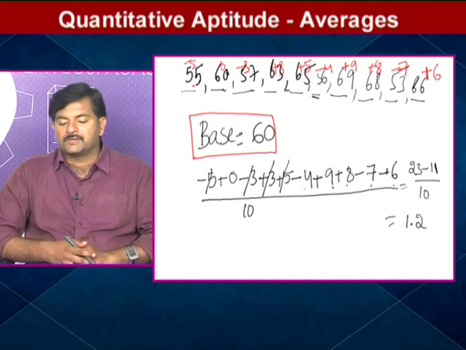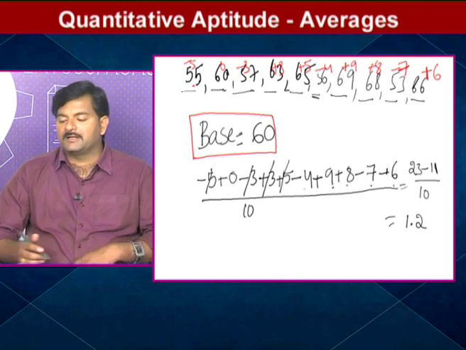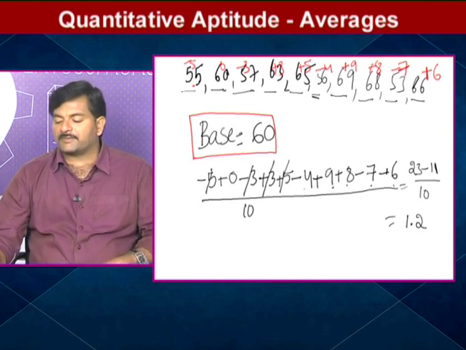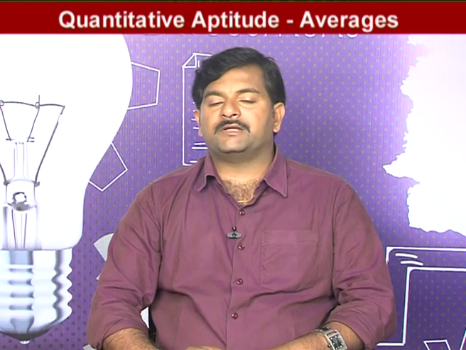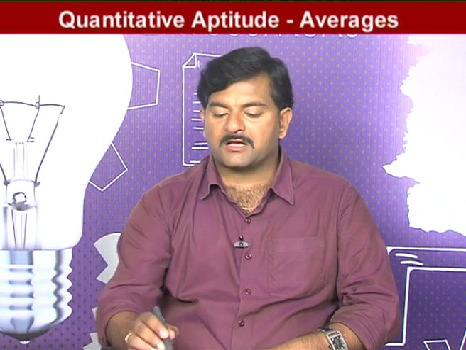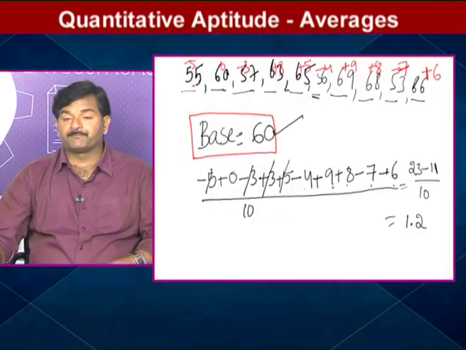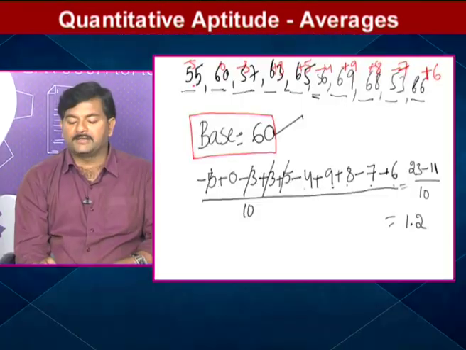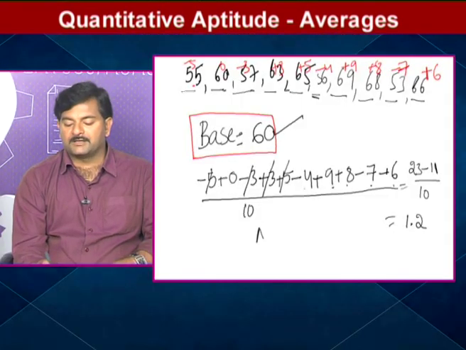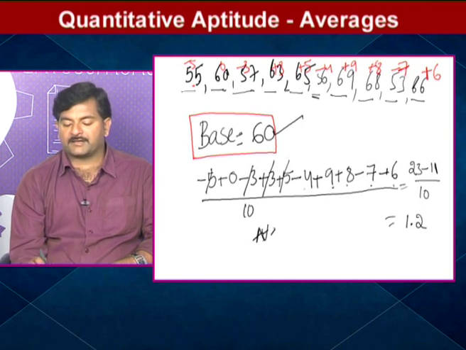Plus 1.2. So, if you get 1.2, usually in this case sometimes you may get the positive average, sometimes you may get the negative average. If you get positive average, add the average to the given base. If you are getting negative average, subtract this negative average from the base. So the required answer, the average of our given numbers, that is equal to